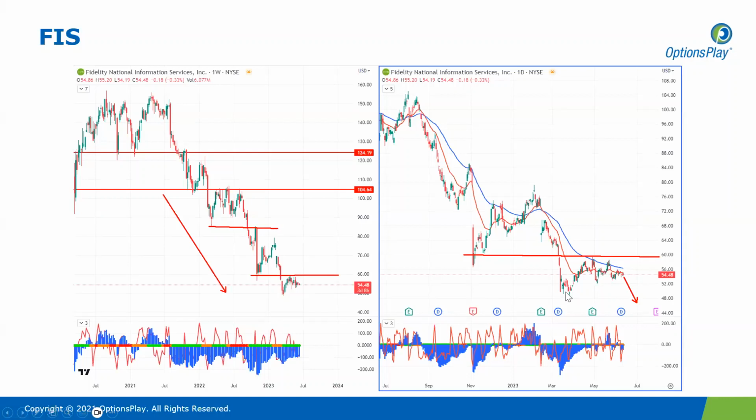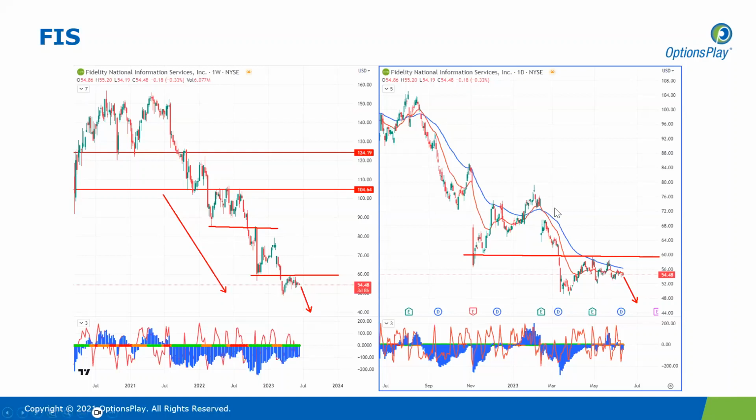So our first take profit zone was at around 50, and our second take profit zone was potentially another leg lower. That being said, we're not quite seeing that on the daily time frame. Price is very much neutral. So this idea, I think, if you did a credit spread, yes, it's profitable, and it's probably time to close it. A debit spread, on the other hand, you're probably near break even. I also think it's time to close it. We're just not seeing the bearish price action that we would like to see.